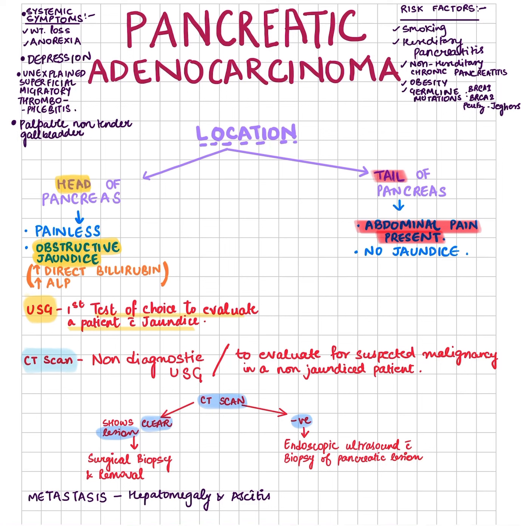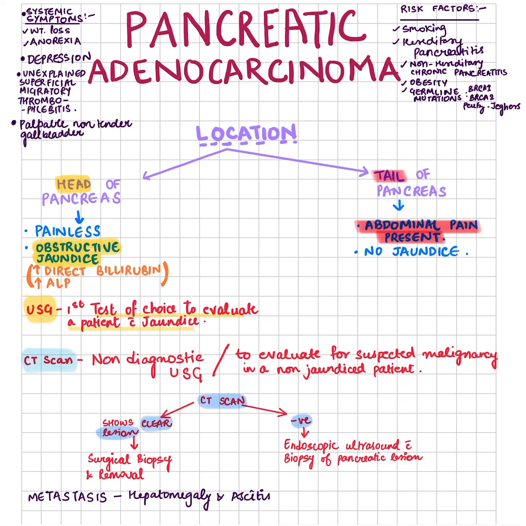Moving on to the tumor present in the tail of the pancreas. So, usually they present with abdominal pain and there won't be any jaundice. So, since there is no jaundice, your first choice of investigation would be a CT scan. Okay, and the CT scan is to evaluate for suspected malignancy in a non-jaundice patient. So that will be your first choice of investigation. Again, it can show you a clear lesion, and if it shows you a clear lesion, then you will have a surgical biopsy and removal,